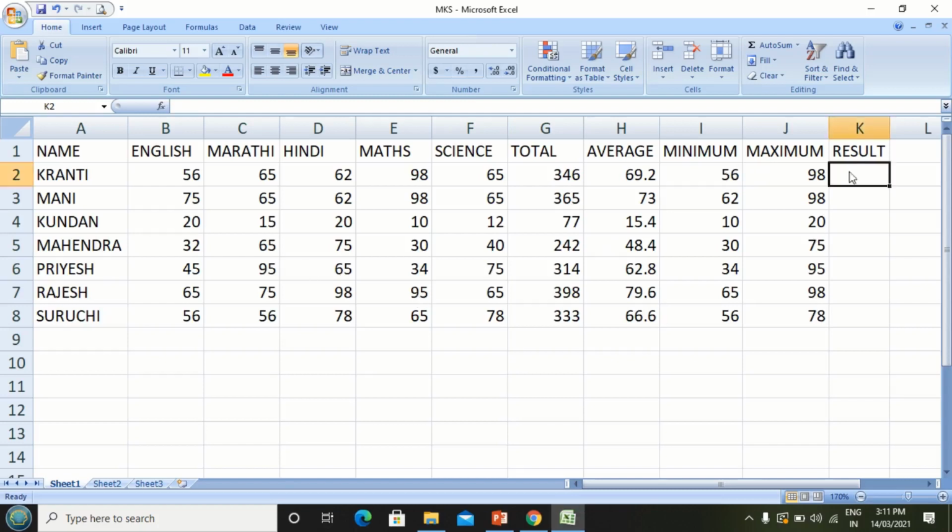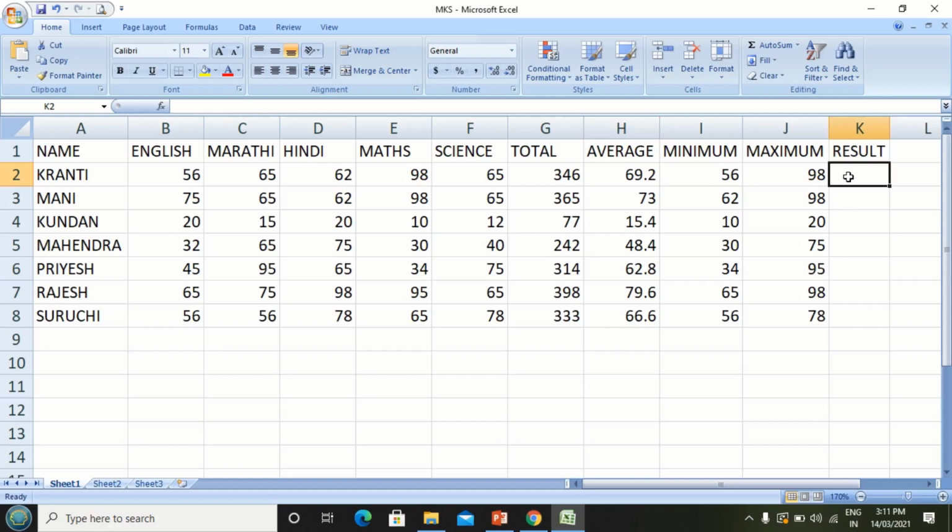Here we are using the if function for calculating result, on a condition of average. If average is less than 35, then student is fail, or else the condition is false, student is pass. So let's see here in this cell K2, here I enter the if function.